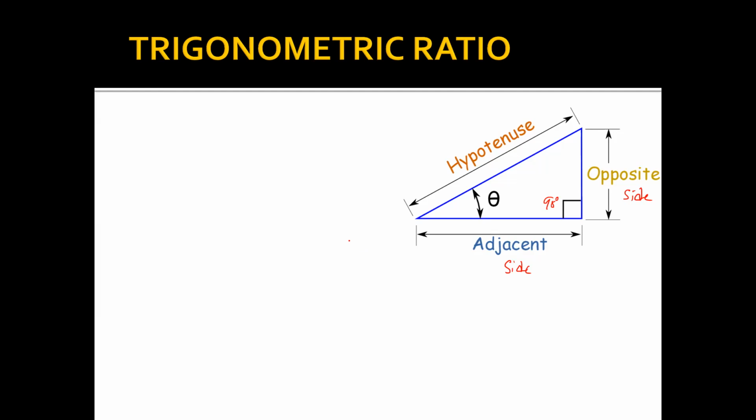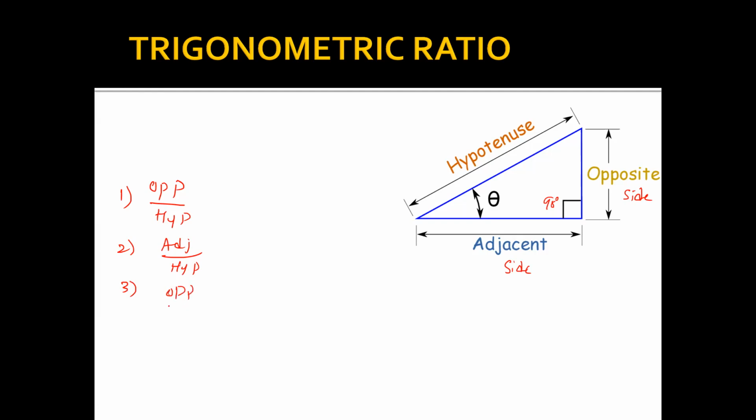If I ask you, with the help of these three sides, opposite side, adjacent side, and hypotenuse, how many ratios can you make? I will be helping you. If I'm making the first ratio with the help of these three sides, opposite by hypotenuse, this can be one ratio, and the second ratio can be adjacent by hypotenuse, and the third ratio can be